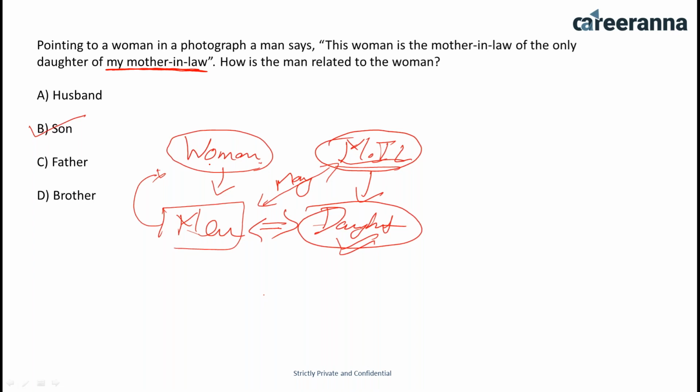In these questions, you have to read the question very carefully. These normal relationships, mother-in-law or father-in-law, that is, in-law relations, are only set up when you marry a person. If you are talking about your father's side, your parents, and any relation related to your father's side, that is a paternal relation. And if you are talking about your mother's side, that is a maternal relation. That is the one point you have to remember for these questions.